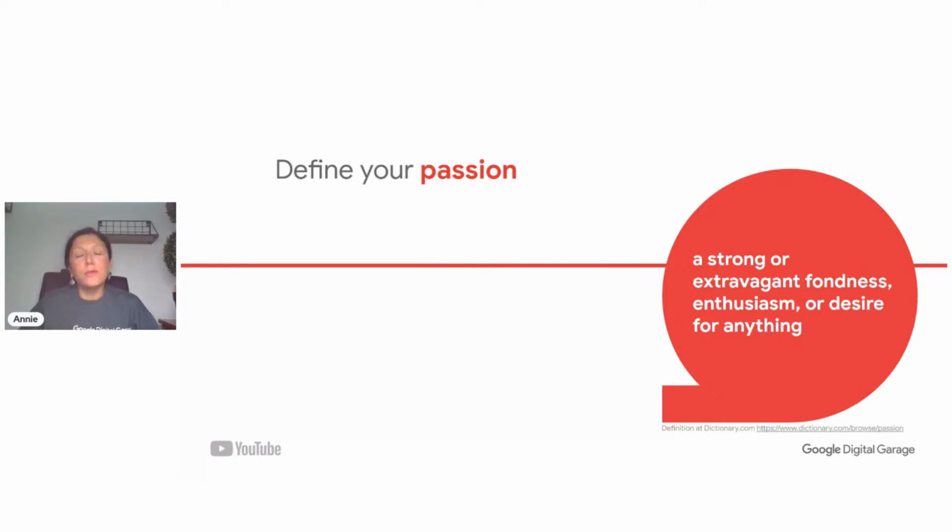So don't forget also, if you're interested in finding more about passions and what people find interesting, you could go on the YouTube trends and see what people are saying out there in the YouTube world and what people are fascinated by. So one of the key ingredients, as I mentioned, for success is starting with that passion, that reason for why you're doing what you're doing, that enthusiasm that makes you want to jump out of bed and start filming. So what is it that you have a passion for? Maybe you can find out if you don't know.